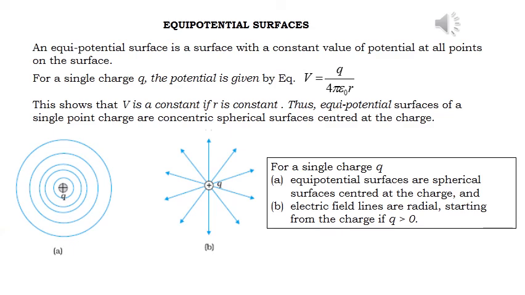Equipotential surfaces. What are equipotential surfaces? If we consider any equipotential surface, at every point the electric potential must be the same, or the work done in bringing any amount of charge from one point to another point of any equipotential surface, the total work done will be 0. So without any amount of work, we can bring any amount of charge from one point to any other point on the equipotential surface. So this is the actual definition of an equipotential surface.